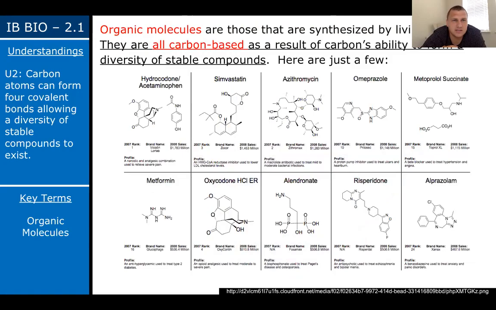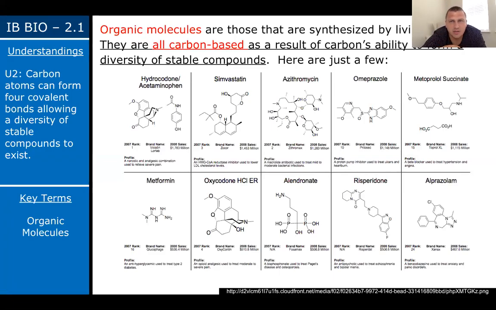And the reason they're all carbon based is, and this is really important, so make sure you see this part, that carbon is very stable, and because carbon is able to form many diverse